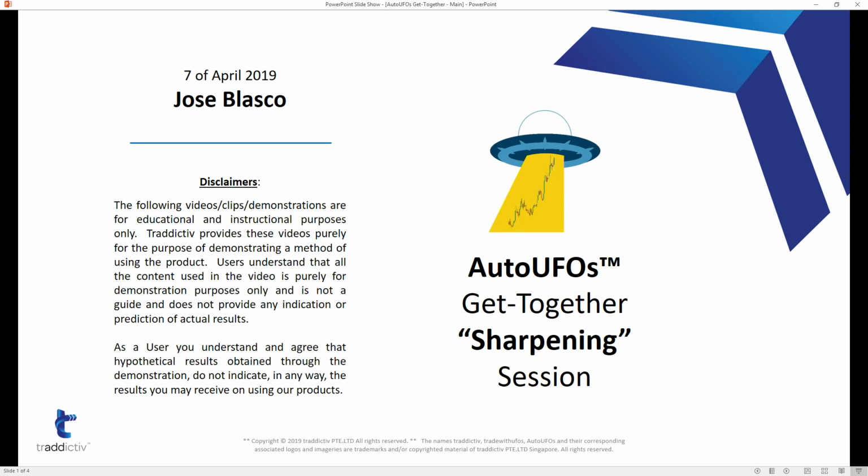So let's begin. Today is 7th of April 2019. We are getting together for sharpening purposes today. The idea is to take what we know and keep taking it to the next level, okay? Growing when it comes to understanding more in depth certain market principles, growing in the sense of putting certain rules together that add more precision on how we trade, growing in the sense of understanding more the intricacies when it comes to adjusting the AutoUFOs app and make it compatible with a trading methodology, etc., etc. And I mean, sharpening means many things. Okay, so welcome to the session, my friends.